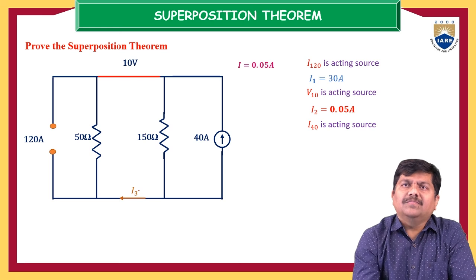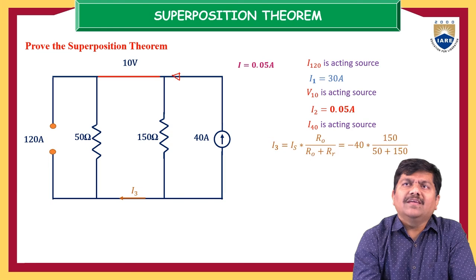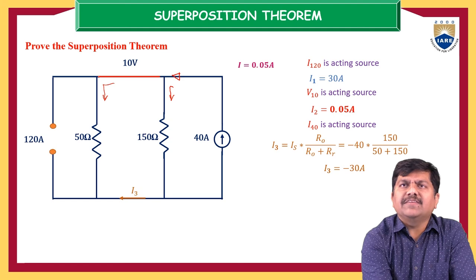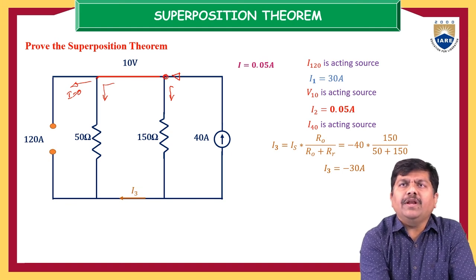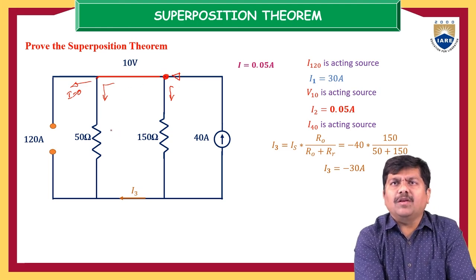This is I3. Now if we use the same current division principle, the direction here is a little bit opposite. Now this is the flow of current. Whenever it is flowing through this particular junction, we can calculate the I3 current also. This is one way of flowing the current and this is another. It is dividing here because nothing will flow. This current is nothing, current entering into the open circuit is 0. So division is occurring at this particular point only. It is dividing into the two parallel paths. So this current is flowing here like this.